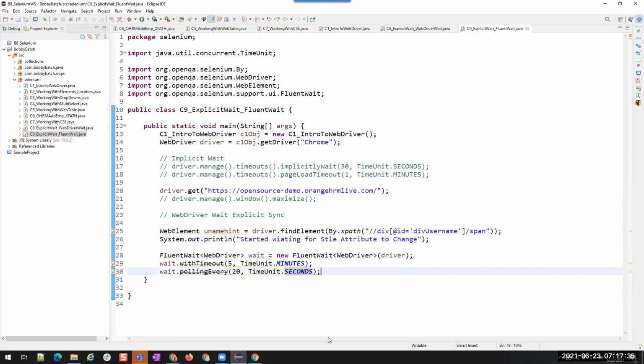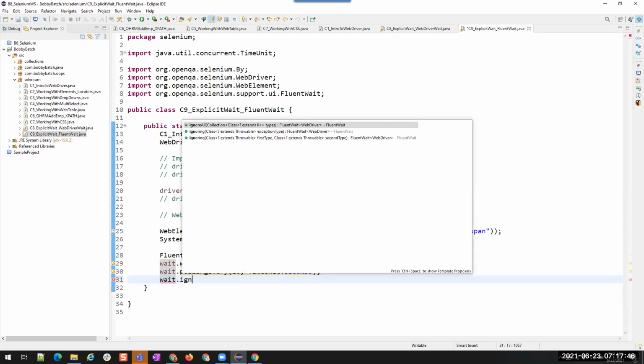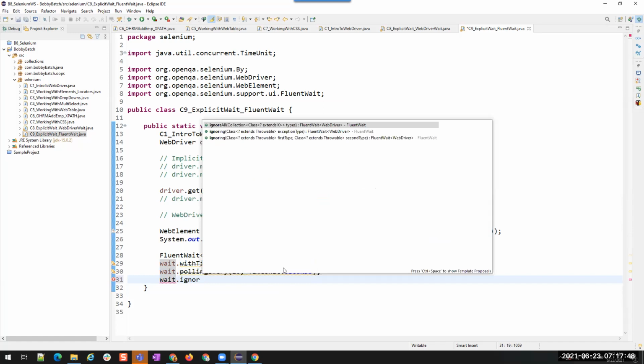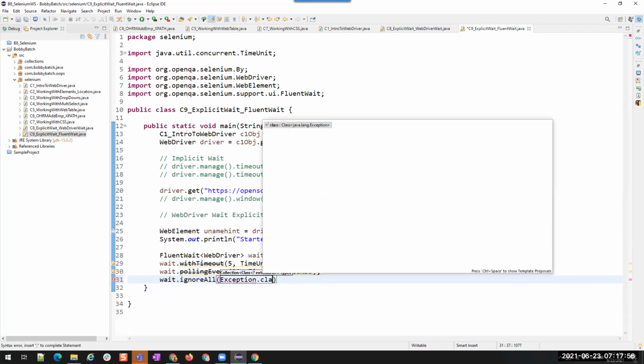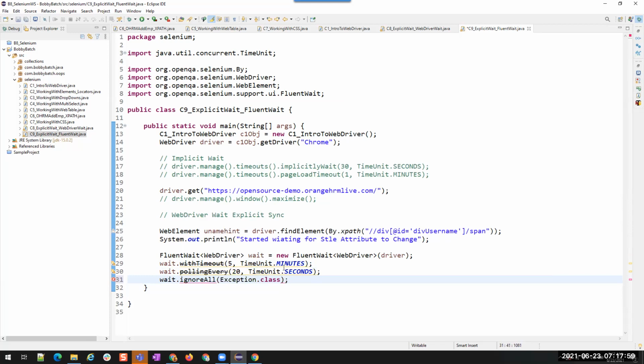Within this 5 minutes, it should not throw any exception, right? After 5 minutes only, it should throw the exception. So that is why we have to use another one called ignoring. Ignoring all, I will mention Exception dot class.